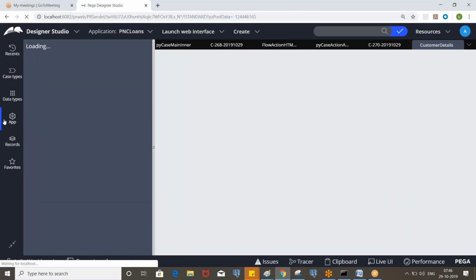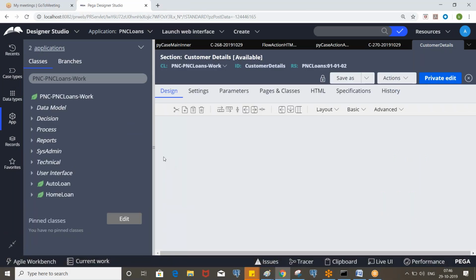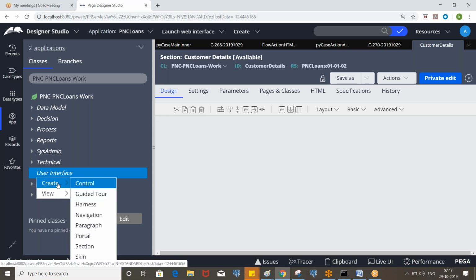We'll work on paragraph later. It is just used to put some static data. Let's say you are filling in an application where you see all the terms and conditions, and below you will see a checkbox to agree.